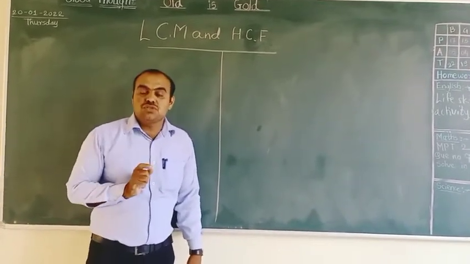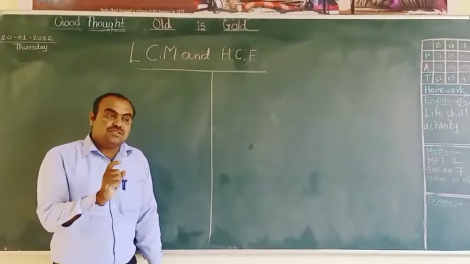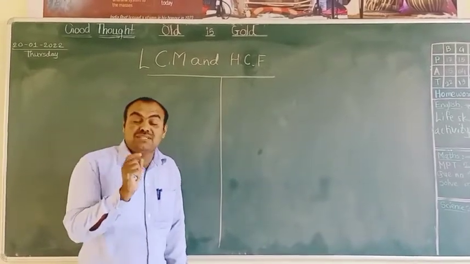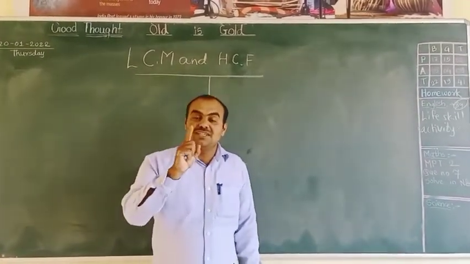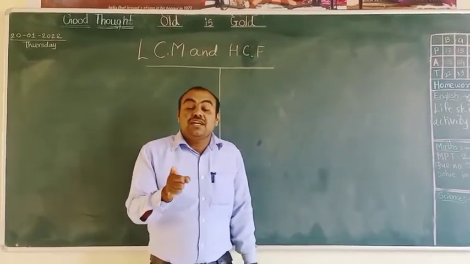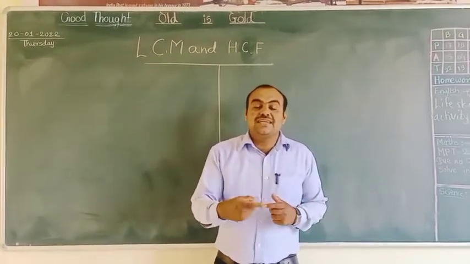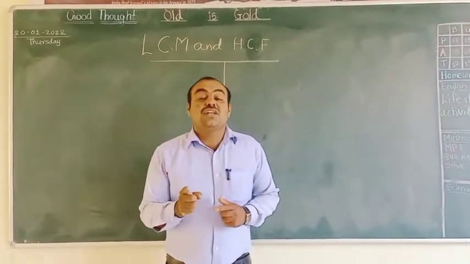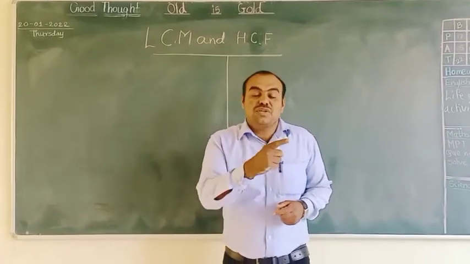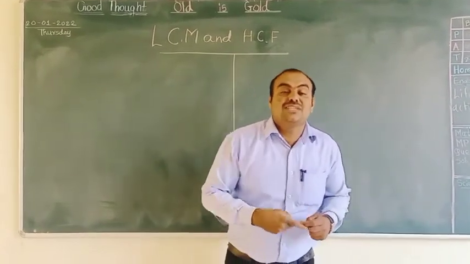So which are those from 1 to 100? From 1 to 100, first 1 is coming. Keep in mind that 1 is the exceptional case. 1 is neither a prime number nor a composite number. And afterwards 2, 3 and so on, all of these come into the prime numbers category. We just have to find out the prime numbers, and then we are going to discuss that chapter in detail.